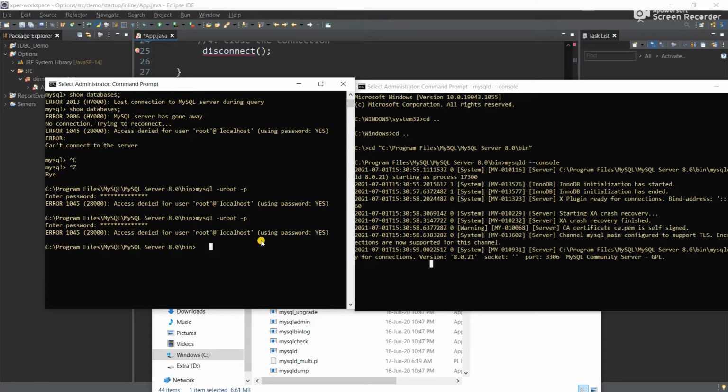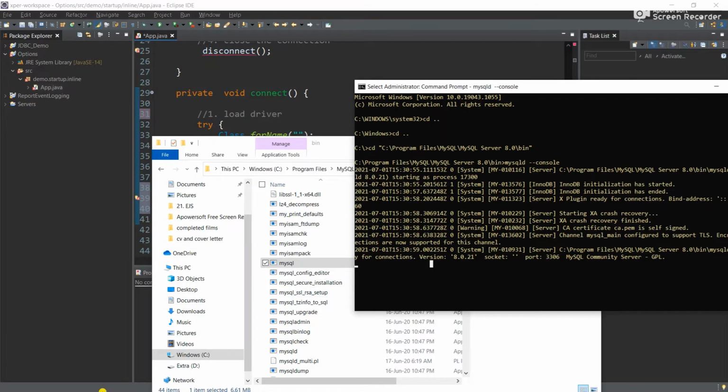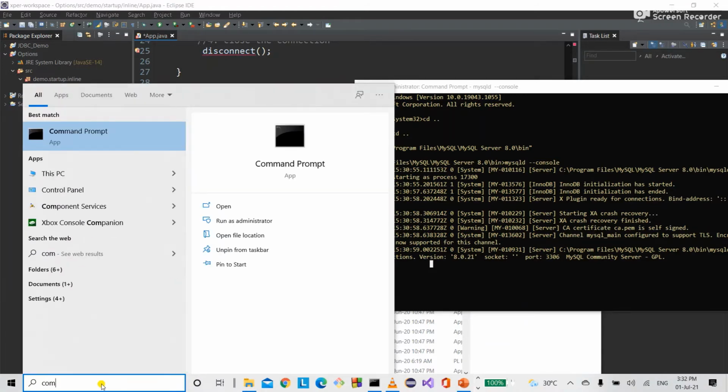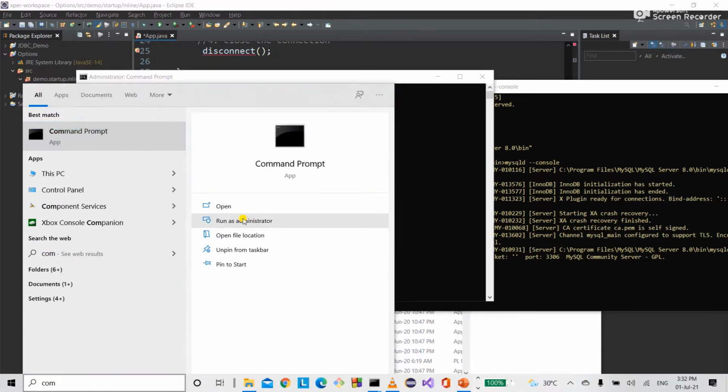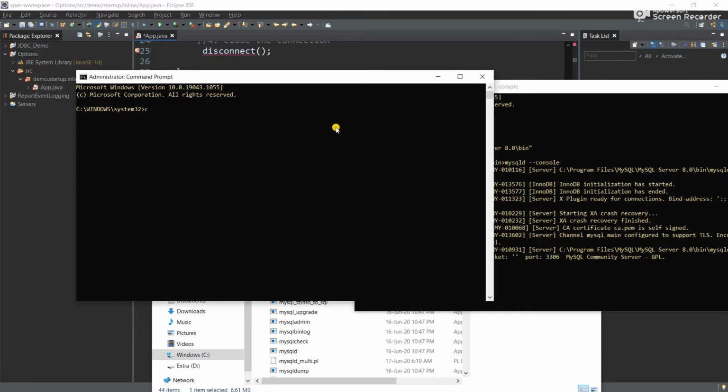We are having an access denied when this is running already. Okay, let me see. Our server is running, so let me start again. Let me run the command prompt as administrator once again. Navigate up the directory. Now navigate back to where we had MySQL